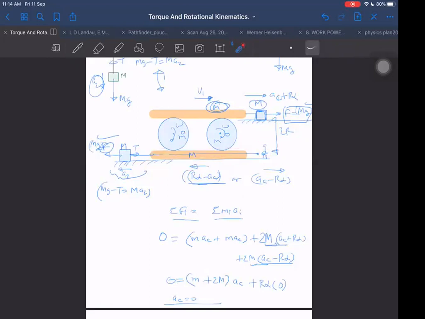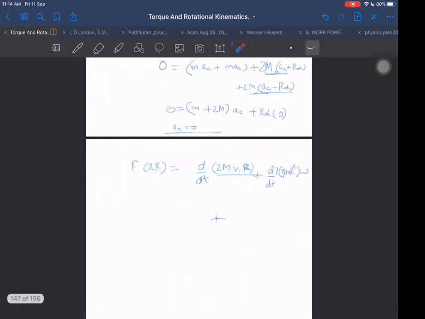Or we can say simply, when the line of linear momentum passes through the point about which we want to find angular momentum, then one term of angular momentum becomes 0. Which term does not become 0? ICM into omega does not become 0, but it is not rotating. So that term is otherwise also 0. So therefore the total third term will become just 0 only. No change in angular momentum. So we are getting F into 2R is equal to, what is for the upper one?